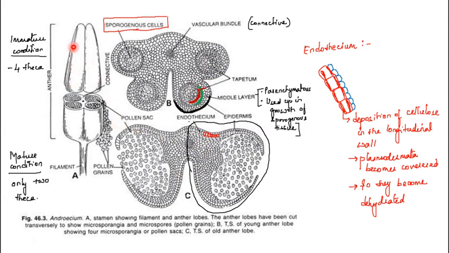So this is the structure of the anther. If we make a transverse section, the picture will look like this. You can see each anther has a lobed part, it is bilobed. This is one lobe. I have marked it in the next picture. This right side is one lobe, the left side is one lobe. Each lobe has two microsporangia. Clear? This microsporangium produces numerous pollen grains. I'll come to the details later.